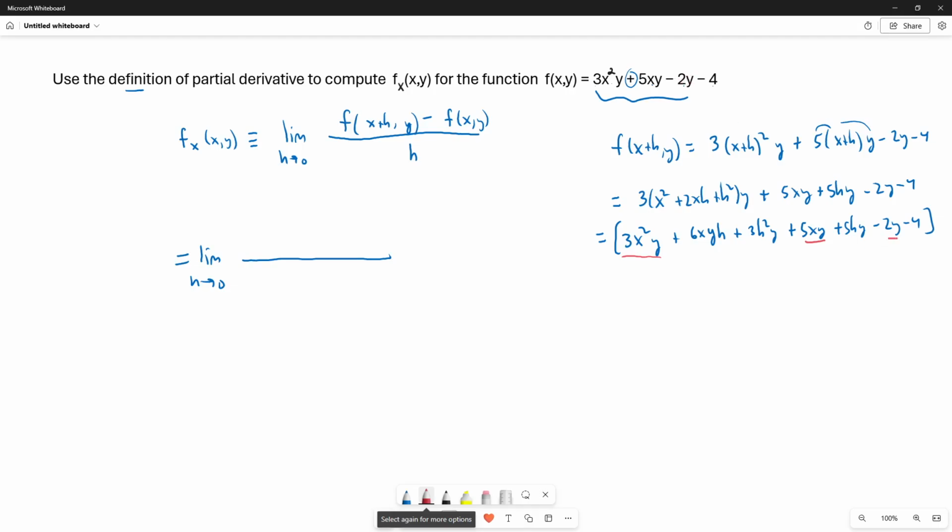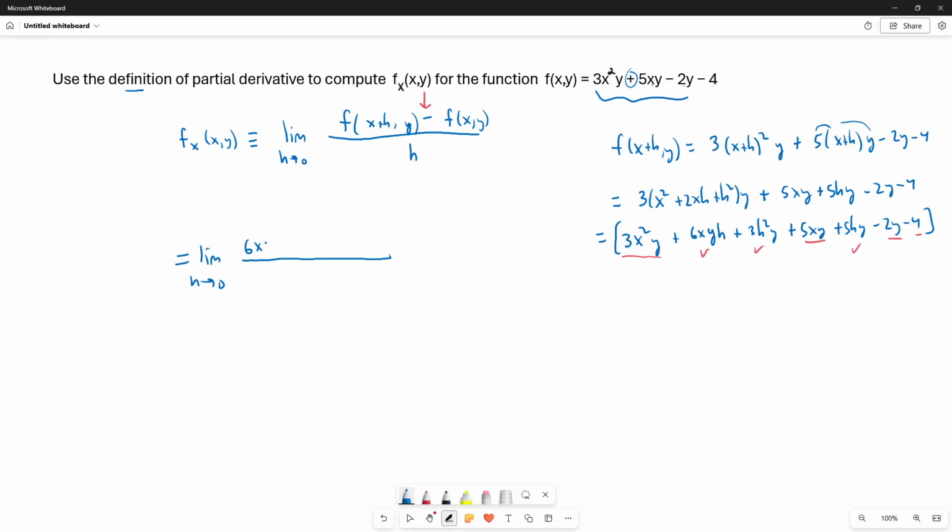Negative 2y is here. And negative 4 is here. So when we subtract the original function from f of x plus h comma y, then these 4 terms will cancel out, and we will just get the remaining 3 terms. So the numerator simplifies to